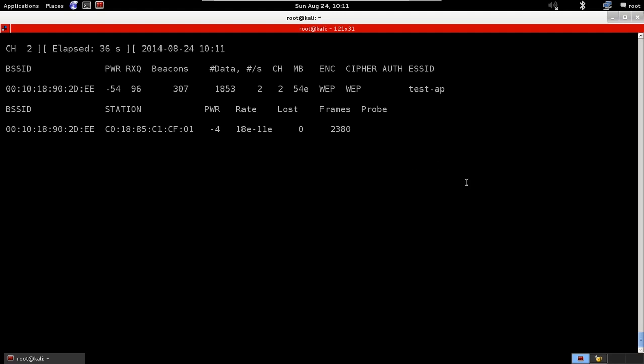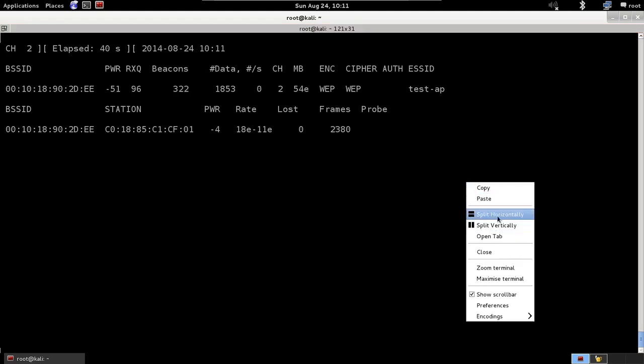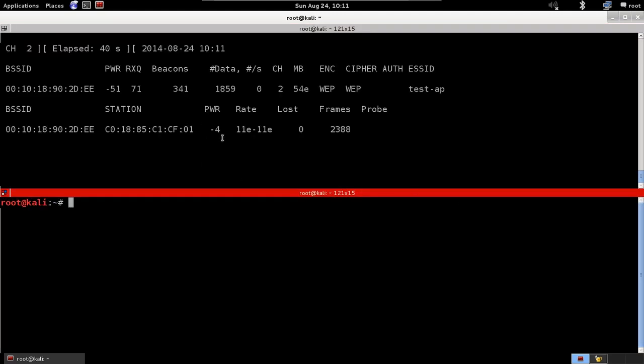So all we have to do now is just launch Aircrack, which is part of the Aircrack suite, against the file that Airodump has created for us. We can launch Aircrack against it even if we didn't stop Airodump, and it's going to keep reading the file and read the new packets that Airodump is capturing here. So we're just going to go aircrack-ng, and we put the file name. So the file name was